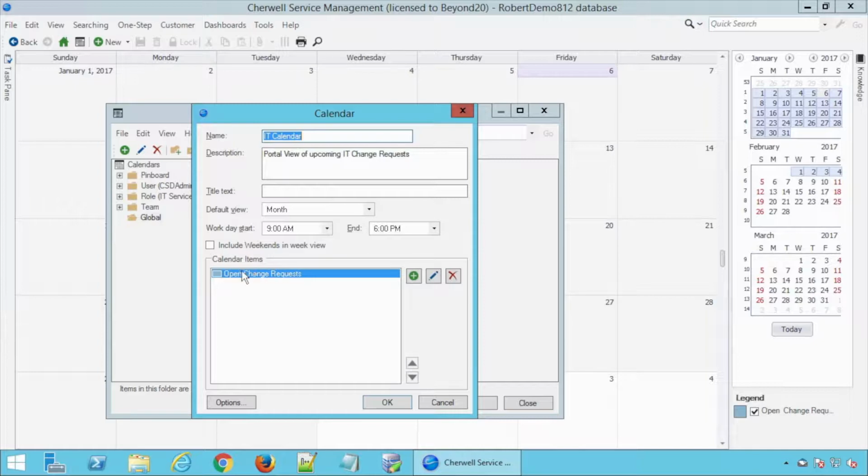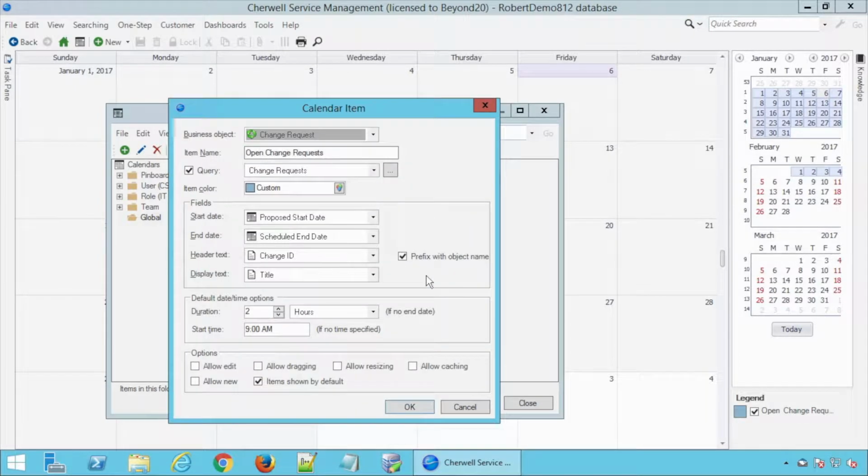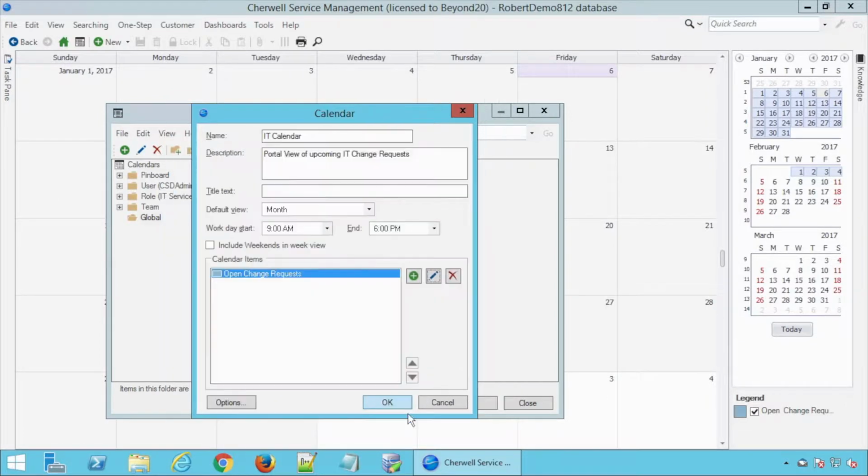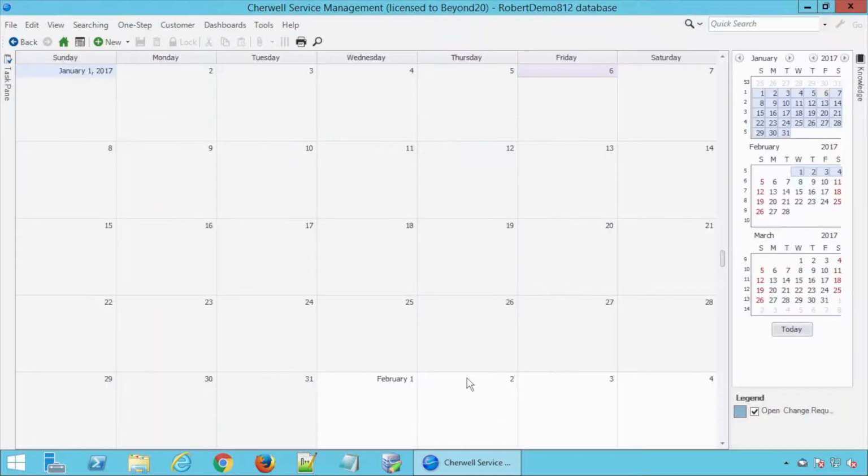Under the calendar item list, I can go ahead and edit the open change requests. And then here on the bottom left, all I need to do is check the Allow New button under Options. What this is going to do is show the new button when I right click on the calendar. And here I have New Change Request. So this is especially useful if you just want to create quick changes on the fly while you're looking at